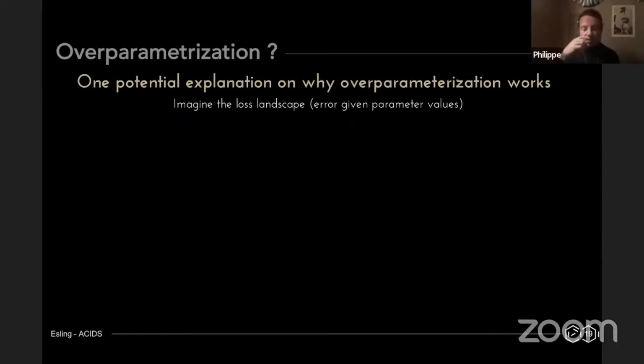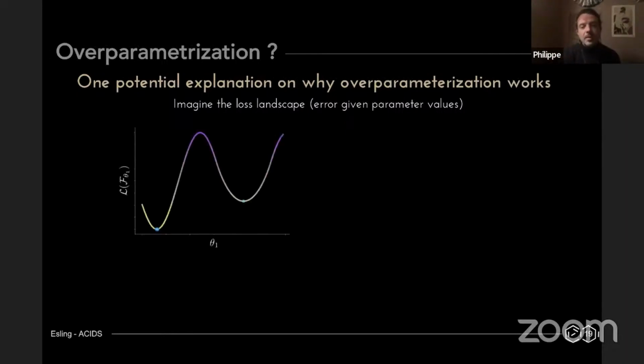So it means what's the error we're going to get depending on the values of our parameters. If we are in 2 dimensions, I mean, we have a single parameter and we're trying to find the minimum of this function. If we get stuck in this minima, it's very hard in the training to try to escape or find a route to go from one solution to the other.